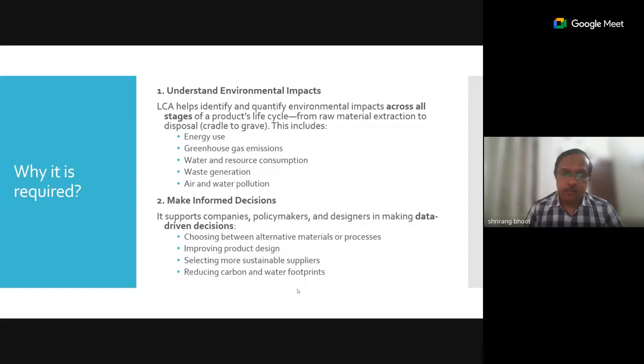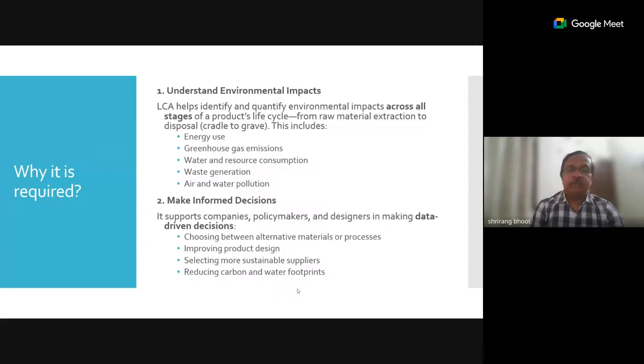Why is it required? It is important to know why we are doing this life cycle assessment. Basically, it will help to identify the environmental impact across all stages. Obviously, it will include energy use, greenhouse gas emission, water and other resource consumption, waste generation, and air and water pollution. Everything can be assessed with the life cycle analysis.